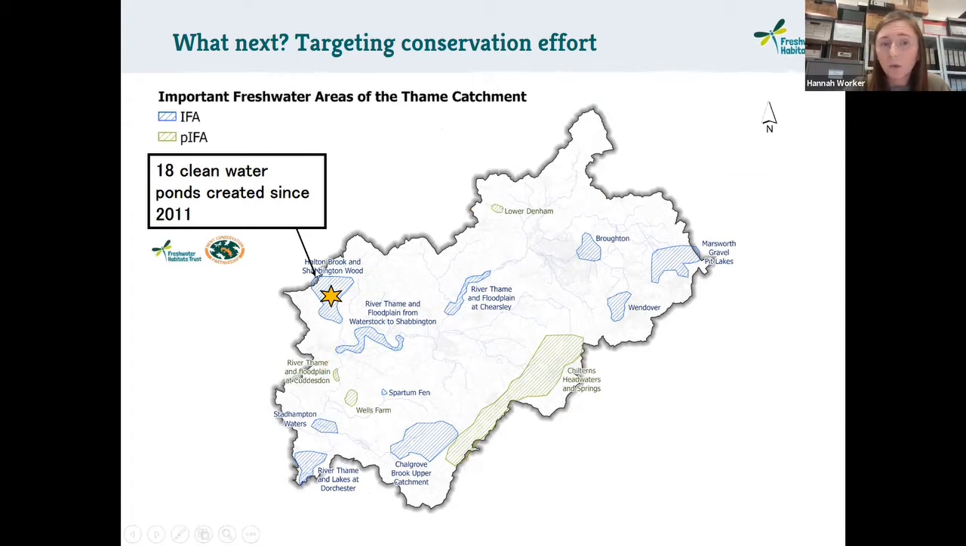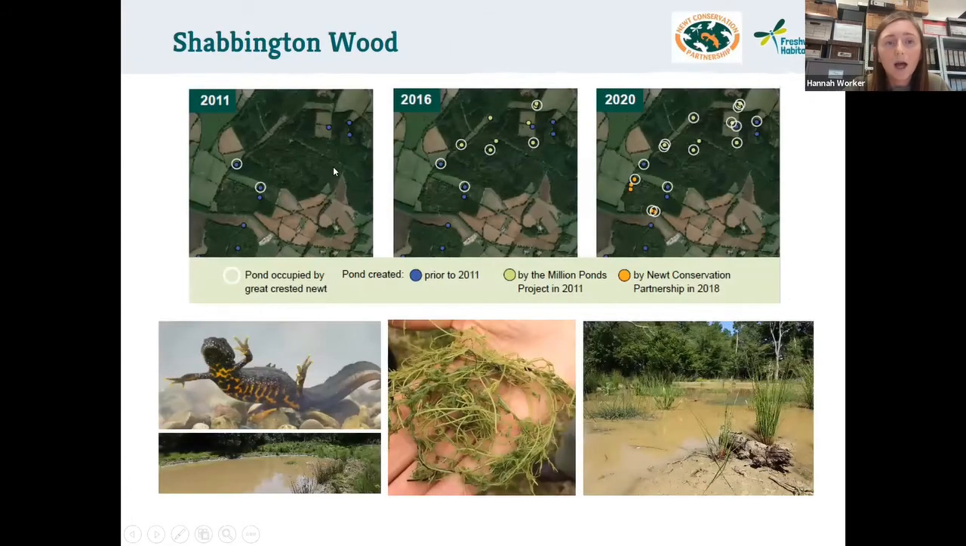So clean water creation and ponds. Shabbington Wood, I mentioned its big area of woodland. There are records for flies of conservation concern. You can imagine there's not been a lot of monitoring for them after those records, and I think they're pretty old, kind of 90s, early 2000s. But with the work of FHT and the Newt Conservation Partnership, there's been an awful lot of pond creation going on in the woodland. And I think it's a nice example of showing how working within these IFAs to protect it